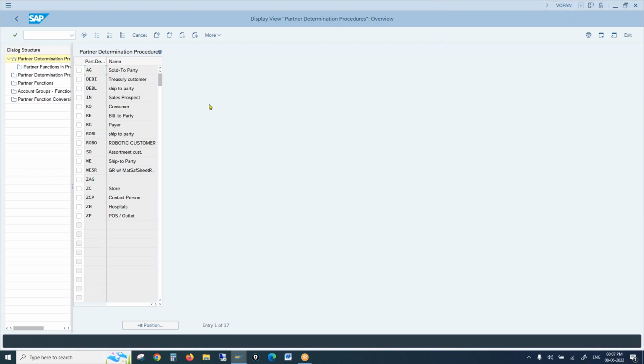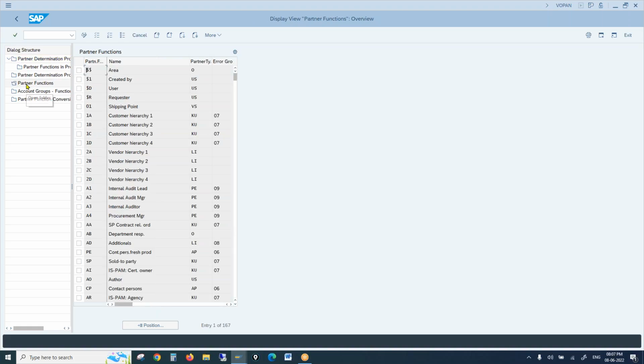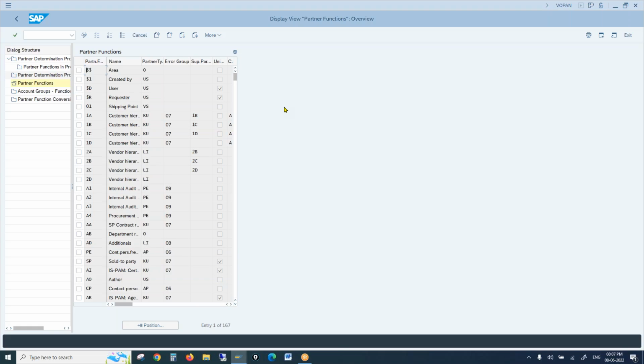The first step of partner determination procedure is this one. You see this, partner functions? This is the first step. When we go to this step, we see some data here. As we discussed, a customer can be a partner as sold to party, ship to party, bill to party, payer. This is a very important and frequent question in interviews: can you tell me some partner functions? When they ask this question in the interview,